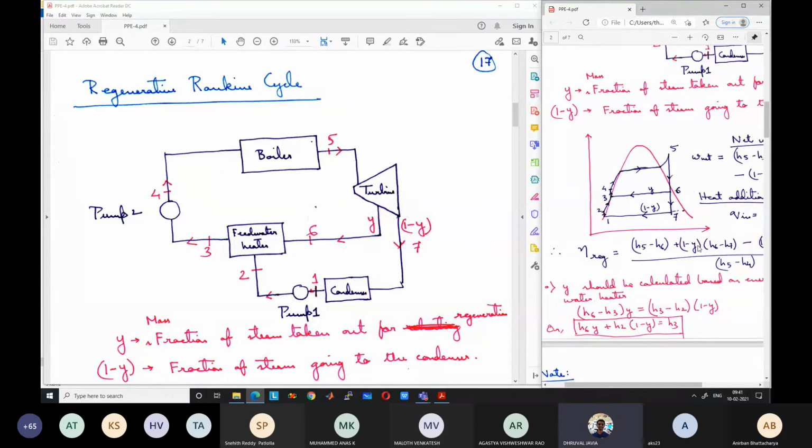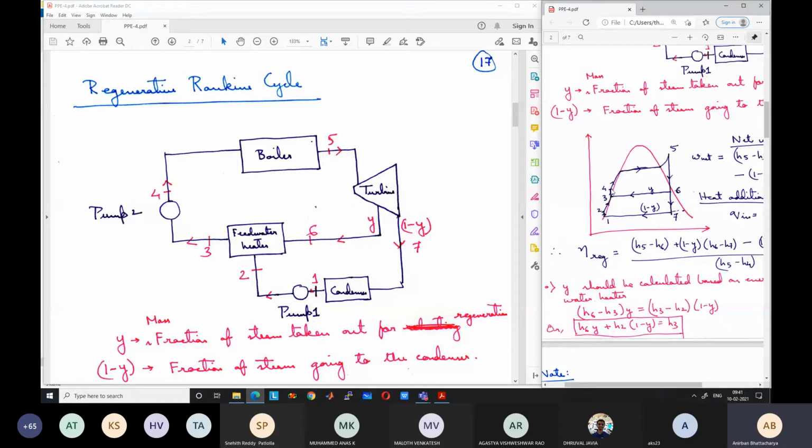Yes, sir. Typically we will have more than one feed water heater. Each of them will extract a small amount of steam. We will see in the next class that there can be 4, 5, 6 feed water heaters also. Each of them will extract a small amount of steam and increase the condensate temperature to a slightly higher temperature. Again, the next feed water heater will increase it to a higher temperature. So ultimately, what is the net effect? The net effect is that the entry temperature to the boiler is increased. Instead of 0.2, it has gone to 0.4.